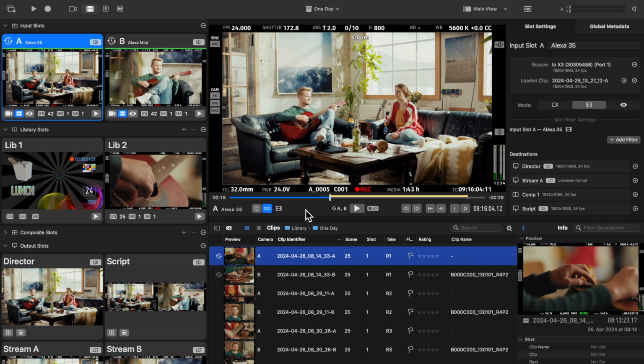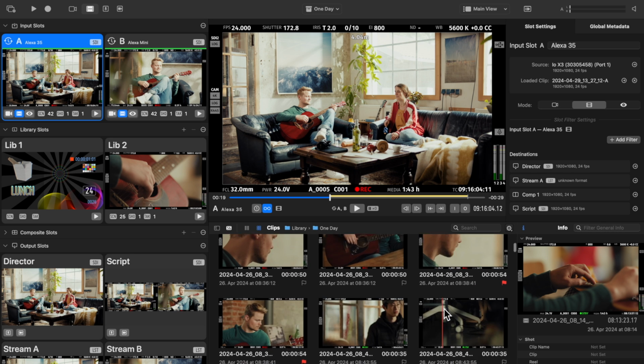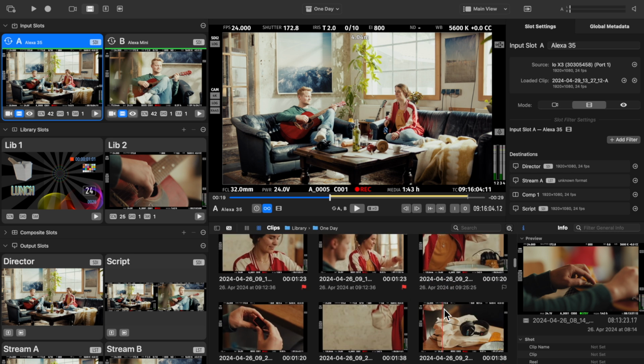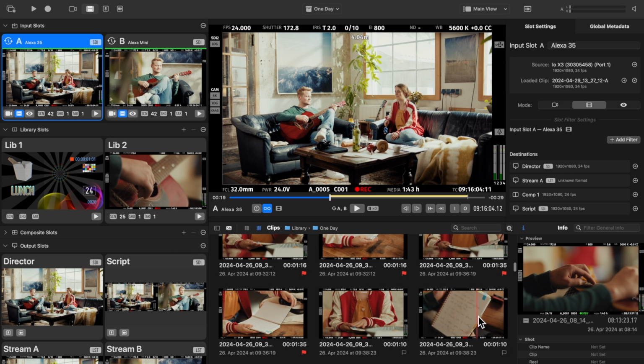One more thing in the library. Sometimes you may want to search visually instead of using a metadata-based search. In addition to the table view, there is a collection view with a large thumbnail representing each clip. You can use this skimming mechanism to find a specific action within a clip. For example, if the director wants to see only this last action in the clip.